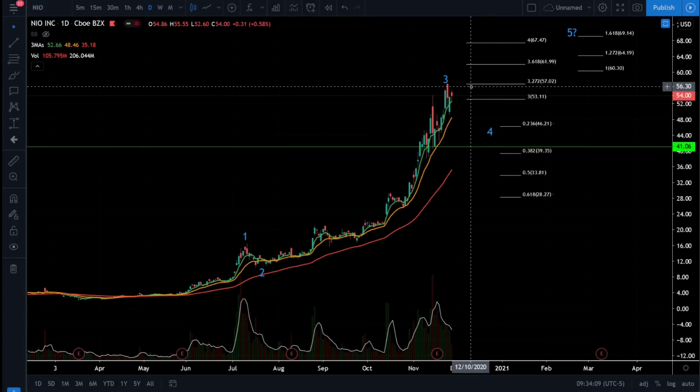So maybe some of this correction and some of this cool off is about to come across the EV stocks, and we're about to see some of the hype start dying down on the EV stocks, and we're going to start seeing some cooling down. Again, the analysis doesn't try to predict the news, it just simply follows the price action and follows the wave structure, and we can see that wave 5 on Tesla is ending about the same time that